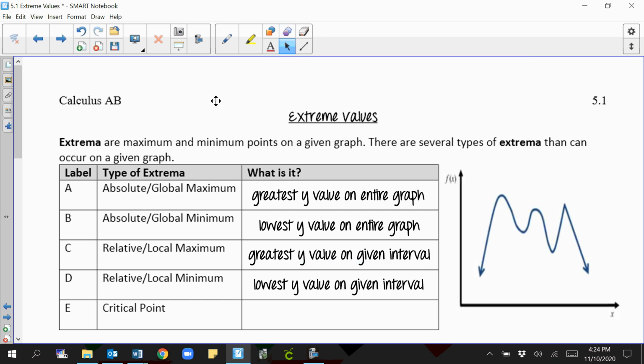And then the last one is a critical point. So a critical point is the point where the graph's slope changes